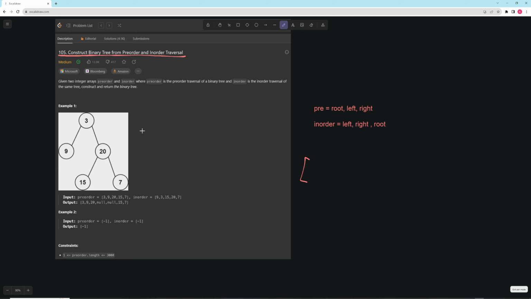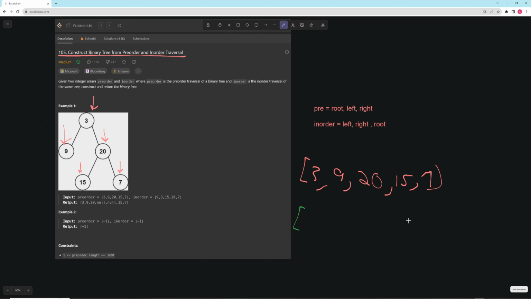So first of all, for the preorder for this tree, you would have this, which is the root. Then you go left, so 9. Then you go right. And now we're here, so we get that value here. Then we go left. And then we go right. Okay. And now let's go through the inorder traversal